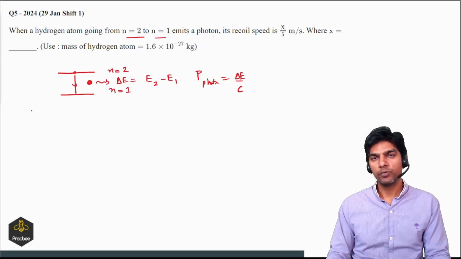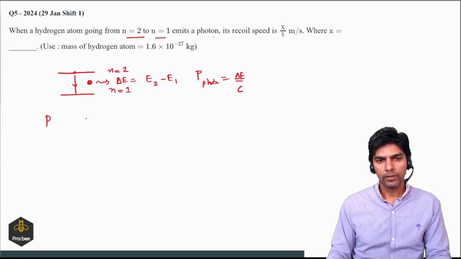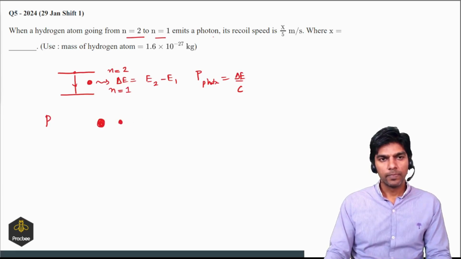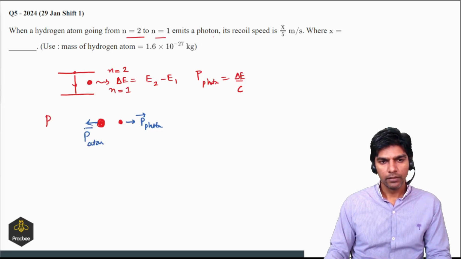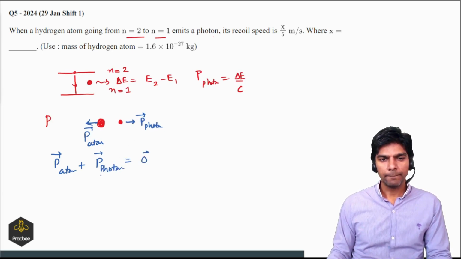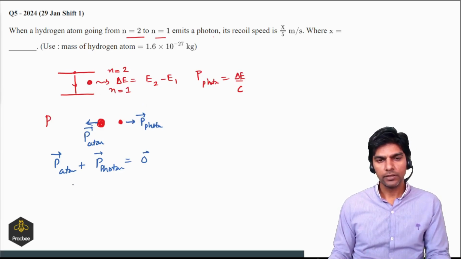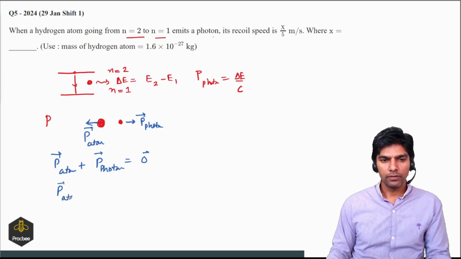And if you apply energy momentum conservation, for example, if this is the hydrogen atom and that is the photon, and this is the linear momentum of the photon, and this is the linear momentum of the atom. So by momentum conservation, the vector addition of these two momenta should be 0, right? So I'm assuming that the atom was initially at rest. So we can say the magnitude of linear momentum of hydrogen atom is equal to the magnitude of linear momentum